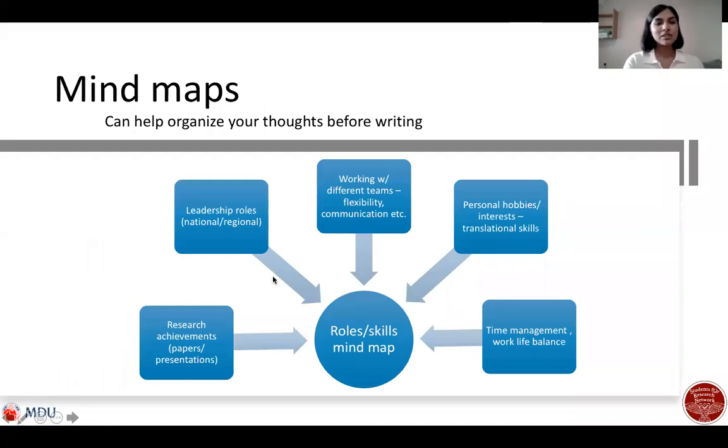The other thing is to make a mind map of all the skills and the roles that you've had in the last 5 to 6 years of medical school, so you know what you can put down in different answers. For example, if a question is going to ask about your leadership role, if you have a list of things in mind that you can already talk about, it's good if you put them all together, and then when you're doing your answers, you can pick and choose what skills you would like to list.